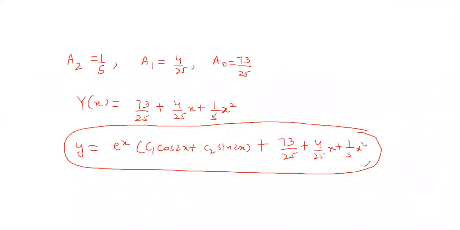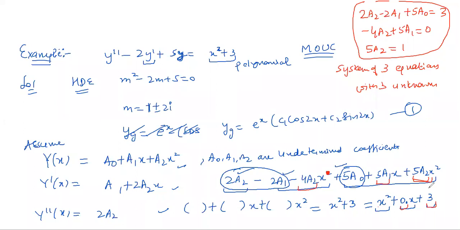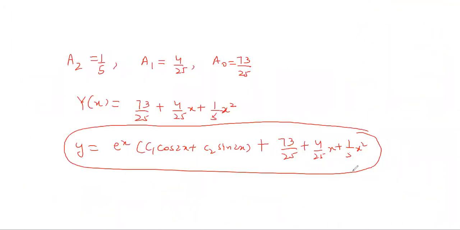Okay, if you're looking at a calculation mistake, I don't know, I did it hurriedly. You can verify the calculations. I am getting the value of A0 to be 73 by 25, not 73 by 125. You can verify it yourself. Those who are getting something else, you try it and then you get to know, right? Okay, so that's all about this particular question by the polynomial case.